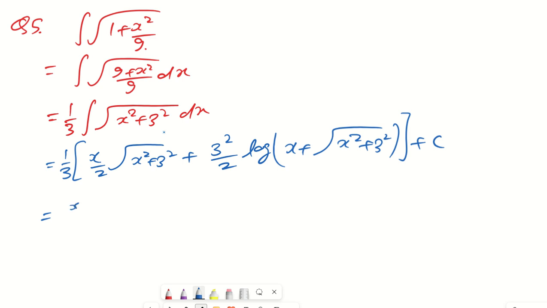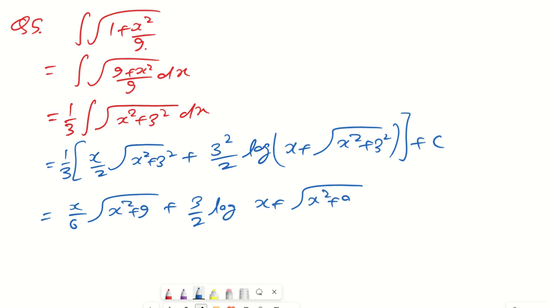So it can be written as x by 6 square root of x square plus 9 plus, this is going to be 9 by 2, sorry, one more 3 is going to get inside, so it will become 3 times 3 is 9, so it will become 3 by 2, okay. So that is going to be 3 by 2 log of x plus square root of x square plus 9